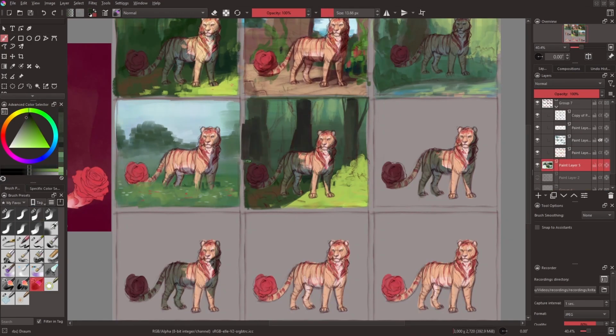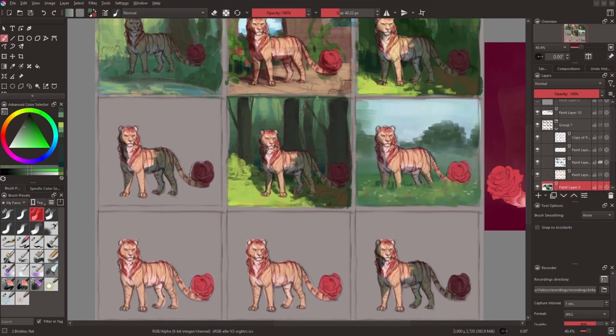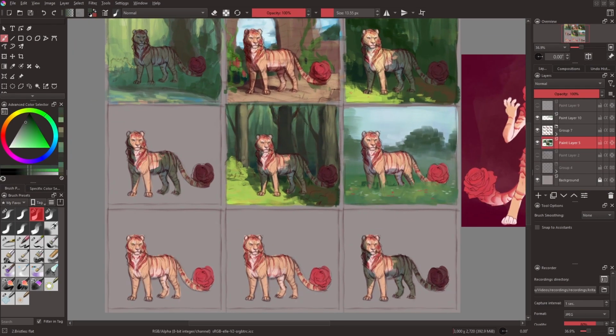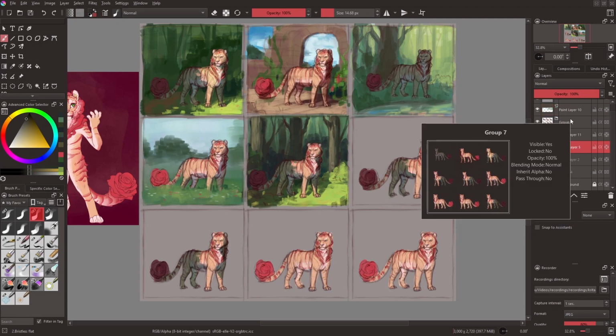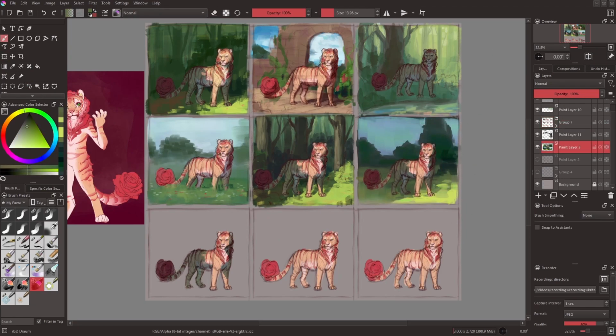Either way though, at this point I've pretty much decided that yeah, I am going to go with that first idea of her just in a foresty kind of scene, stepping out of the shadows into some not quite sunset, but almost sunset light. So I decided to make a whole bunch of iterations on that idea, just trying out some slightly different backgrounds and different colors and